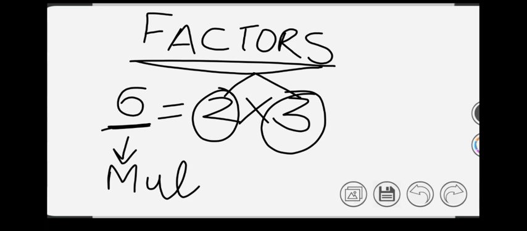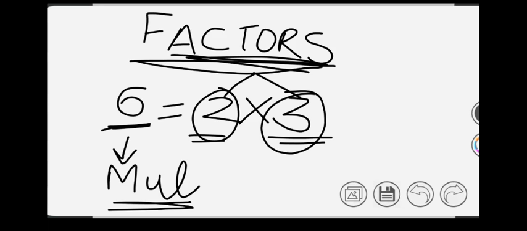So with this we have got an idea about factors and multiples. Factors are the numbers we get by multiplying two numbers. Like here, 2 and 3 are factors, and 6 we call a multiple. Today we will see how we can find factors by listing down the factors, and we are going to find the highest common factor with that. So let us begin. We are going to find HCF today by the listing down the factors method.